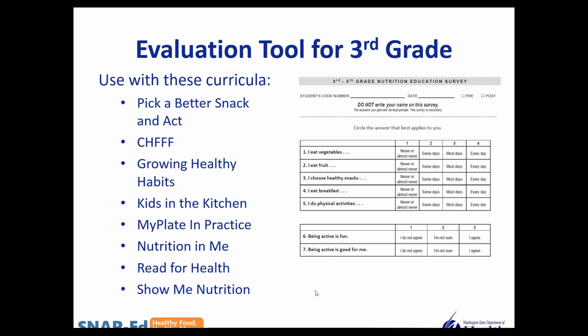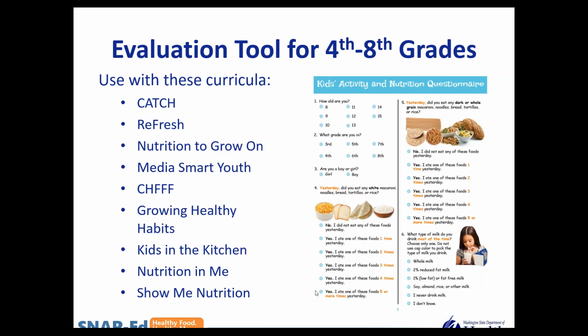Okay, so now we'll move on to the fourth through eighth grade tool. This is the Kids Activity and Nutrition Questionnaire. It was created by Arizona, their SNAP-Ed team. They practice tested and validity and reliability tested this evaluation tool.